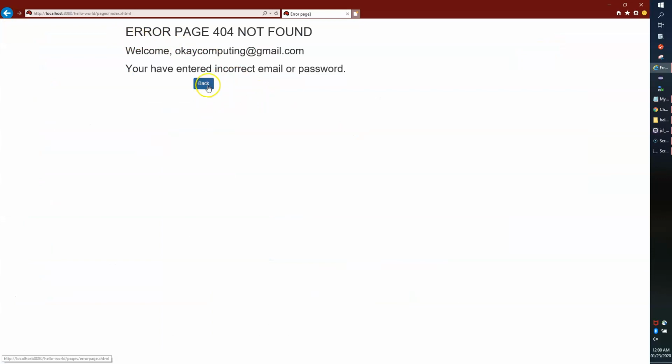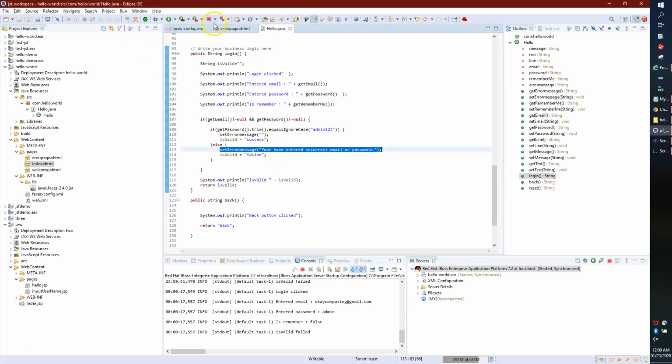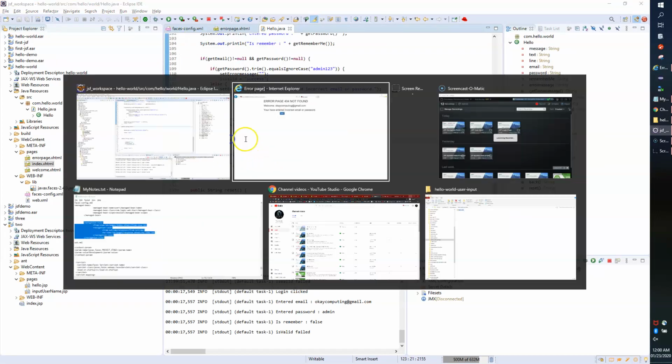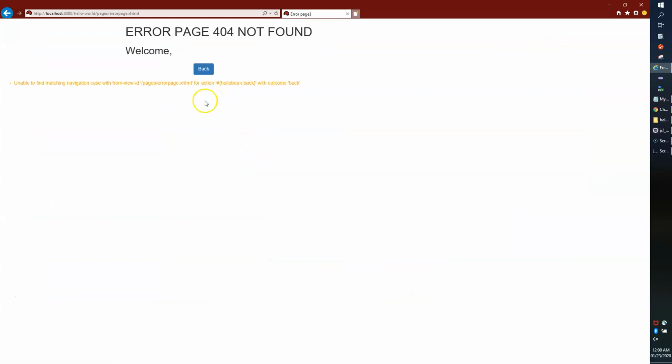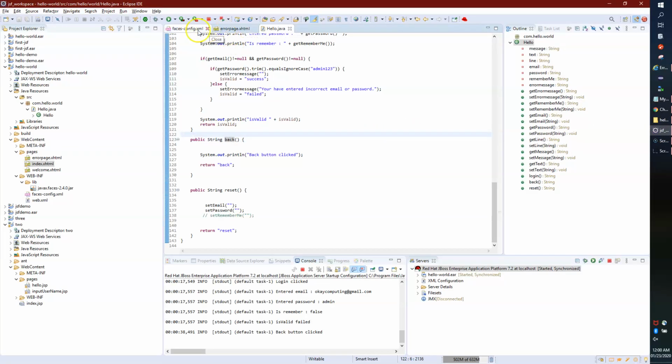If I click on the back button, I'm expecting this user to go back to the home page because this is what the code looks like. One click of back button. So for not found, matching navigation case from error page to outcome is not there. Okay, so we don't have any matching case for this one. So I'll just quickly create one